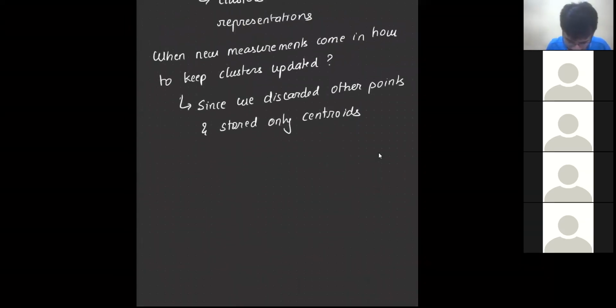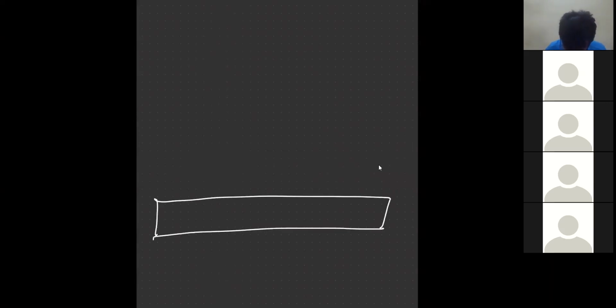Let me take a nice example to show you what the problem is. The idea these companies or algorithms use is that they have a finite memory. Let's say this memory has space for 100,000 points. It can store 100,000 integer values.